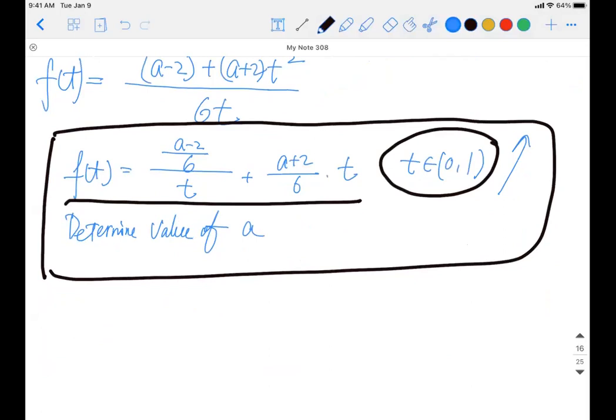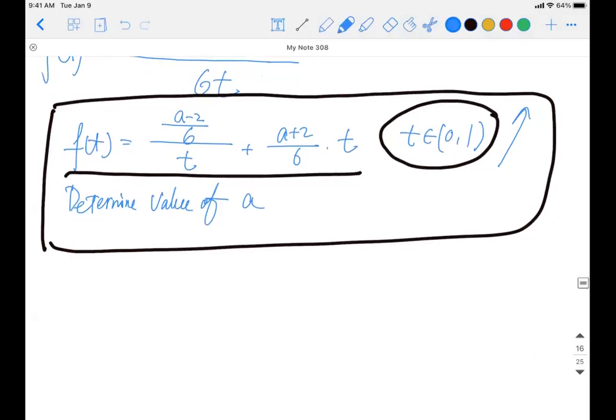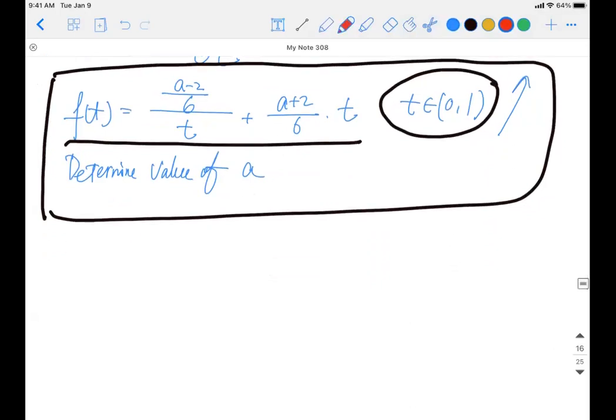Now I have to determine this guy as an increasing function for t between 0 and 1. So I don't have too many flowery things. Let's try to use the definition. What does increasing function mean? Let me try to use the color red. Increasing function means if I have t1 lesser than t2, both between 0 and 1, then f(t1) minus f(t2) will be lesser than 0, right? A smaller x corresponds to a smaller y. This is increasing. Decreasing is the swap.